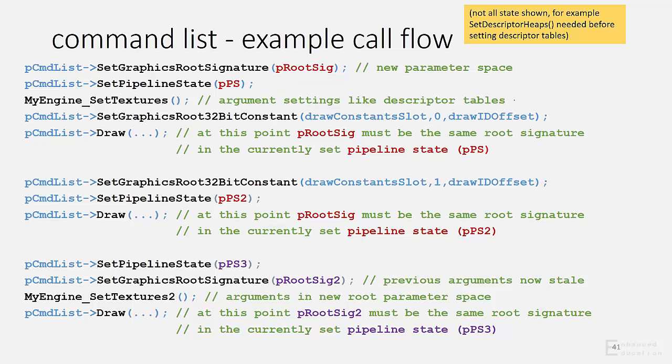Next, we call this function, which hides the details of setting up textures. One way that the application could handle this is filling in descriptors in a descriptor heap for the next draw. And this would be an operation that happens immediately on the CPU timeline, because descriptor editing can only happen by the CPU. And so these would be operations that are done on the device interface as opposed to the command list